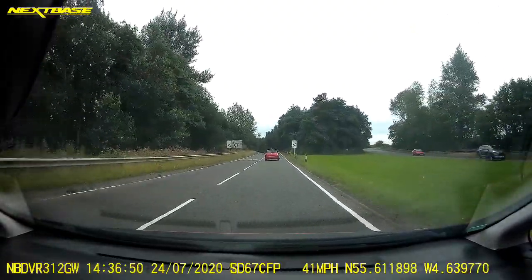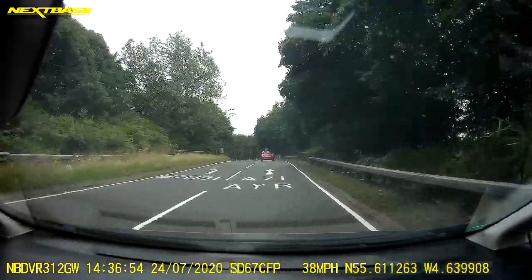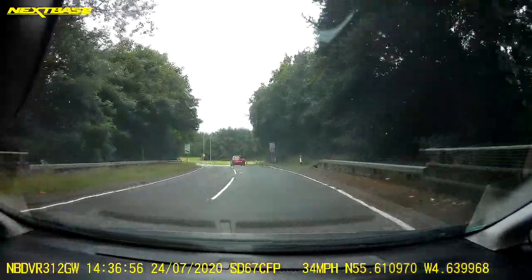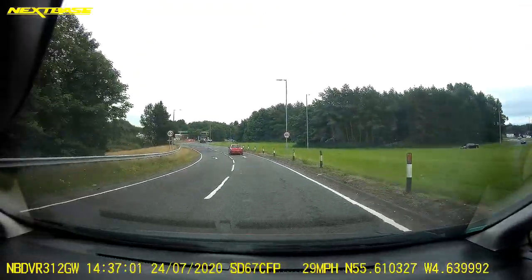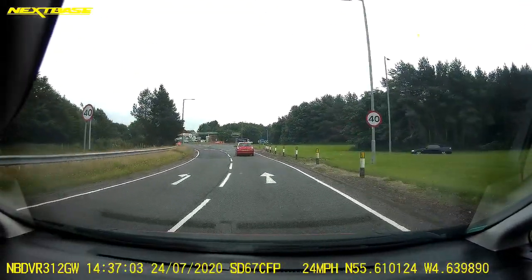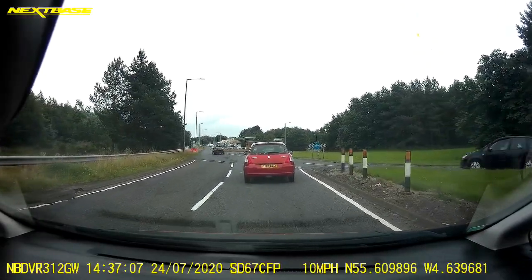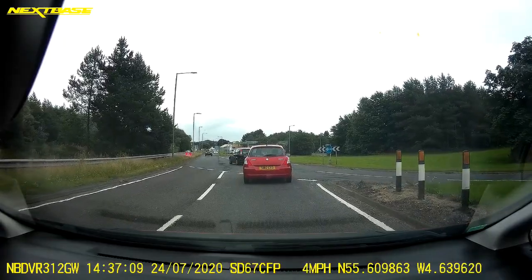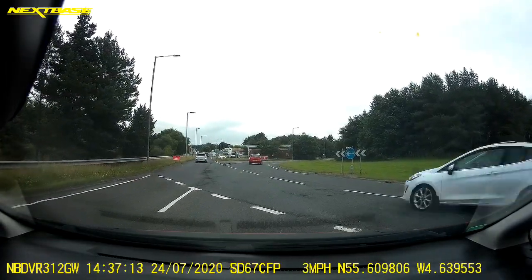Cancel my signal, because I've moved position. As I get closer to the roundabout I can reapply my signal to confirm I'm going off to the right. So internal mirror again, right door mirror, braking to suit the traffic in front again. They had a better view of the roundabout than me because they were closer to it, so if they've decided to slow down, I'm going to have to slow down. Safe for them to go, but not quite safe for me yet. Now it's safe for me,